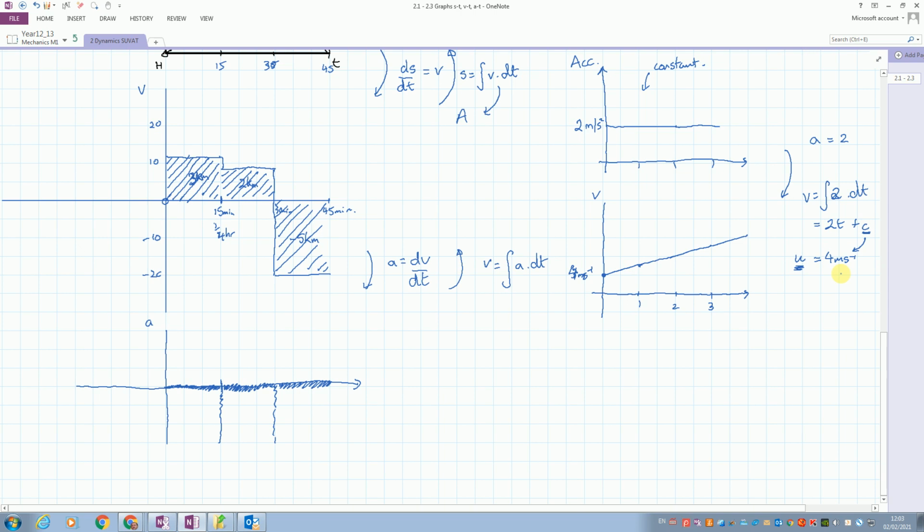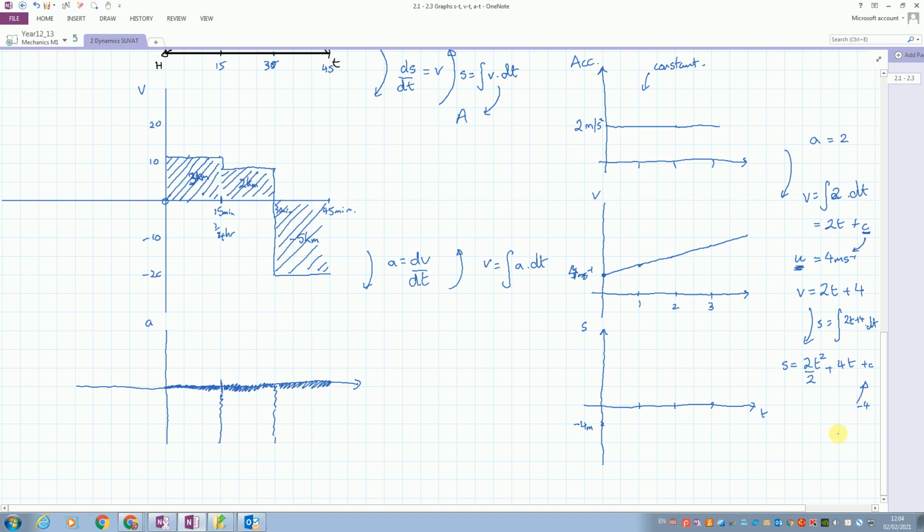Okay? So we actually get told a piece of information, and now we can say my velocity is going to be 2 times the time plus my starting velocity of 4 meters per second. Let's take it again and go on, take the velocity, and we're now going to do displacement, the integral of 2t plus 4 dt, and again a displacement could have some fixed value it starts at. So if I start my displacement back here at minus 4 meters, my calculation for s is going to be 2t squared divided by 2, add on 4t, add on some constant, and the constant is my starting position,